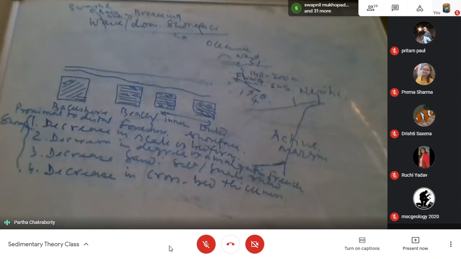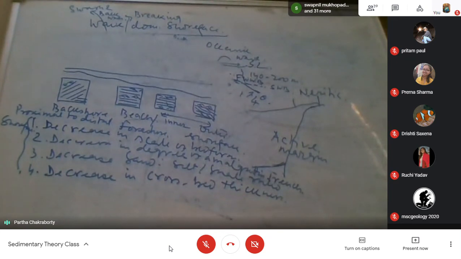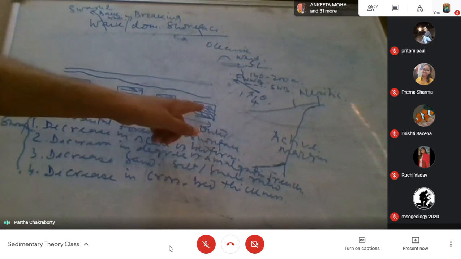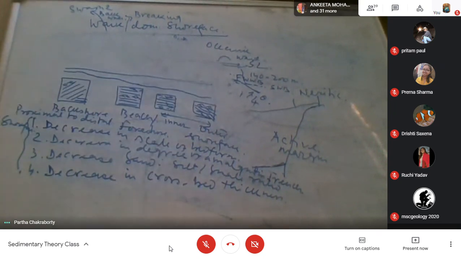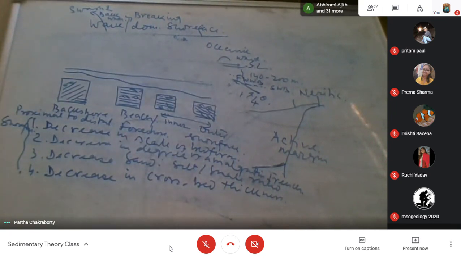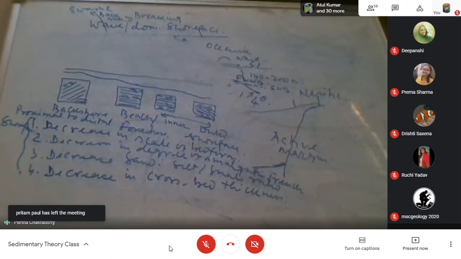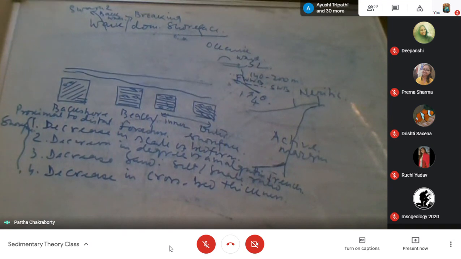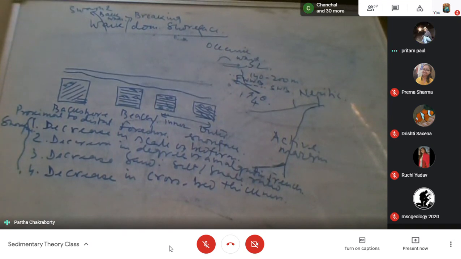Proximal to distal. Okay, and essentially if you go to the distal, you get the seaward dipping cross strata. Seaward dipping cross strata will be very, very important in the distal surface. So if we see from the backshore to foreshore and shore face, so what I am saying is that the